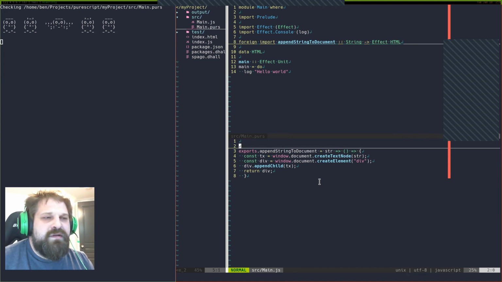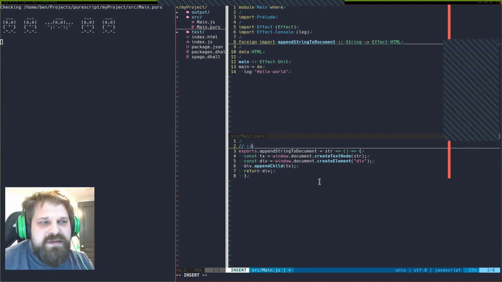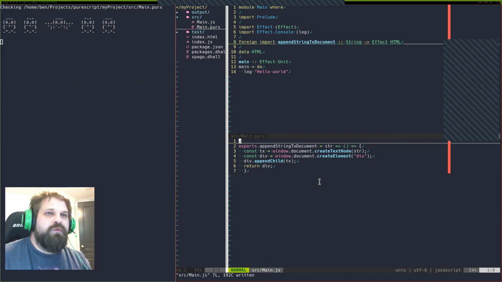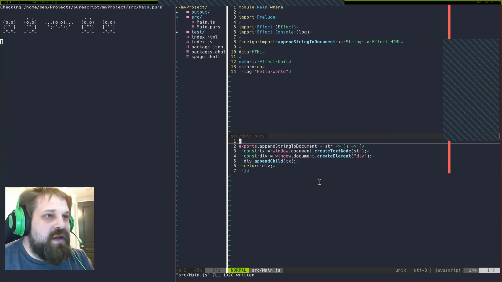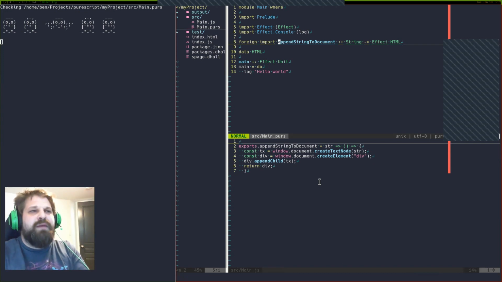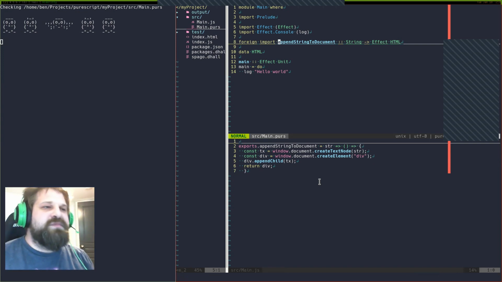I'll often do a little comment that will even say what the type is. I'll even do the type signature in the JS, just so that it's clear that if you're changing this, then you're breaking a handshake. But that is the most guarantee you can get out of the box. There are also libraries that can help you enforce runtime type safety as well.